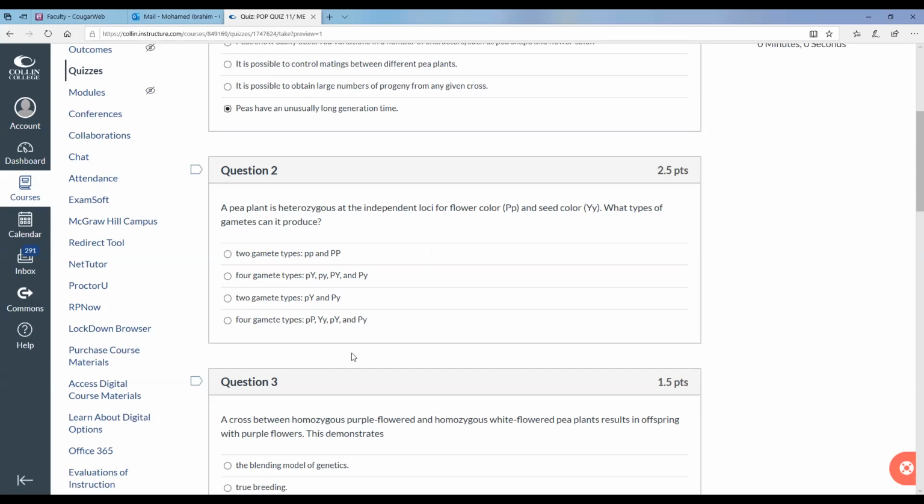So when you look at these answers, you need to eliminate those. That doesn't make sense. You have 2 gametes, this doesn't make sense. You need to get those out of the picture. Now you have 2 answers for 4 gametes. So which one will you select, if you think about the possible genotypes for the gametes?